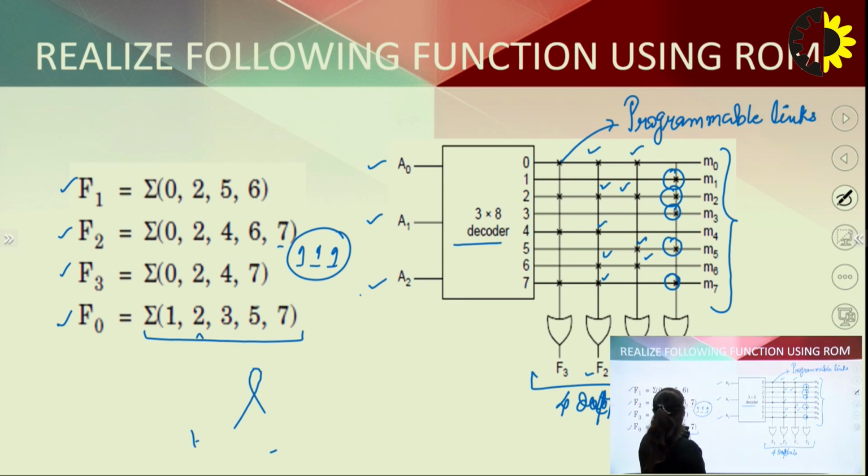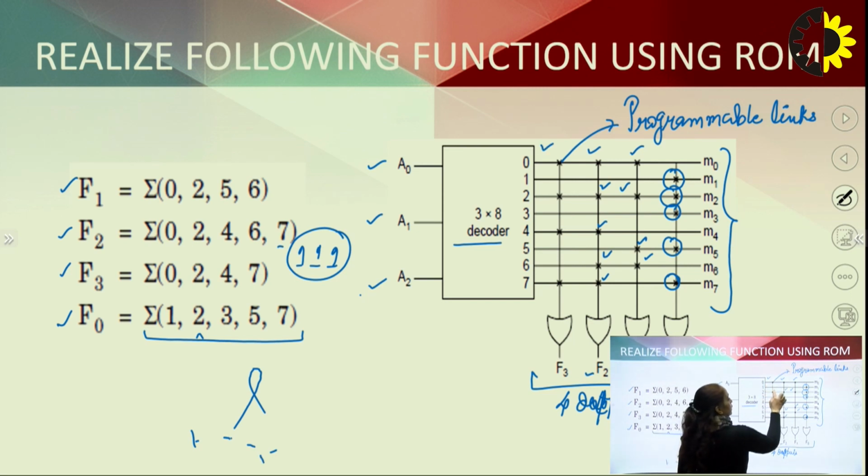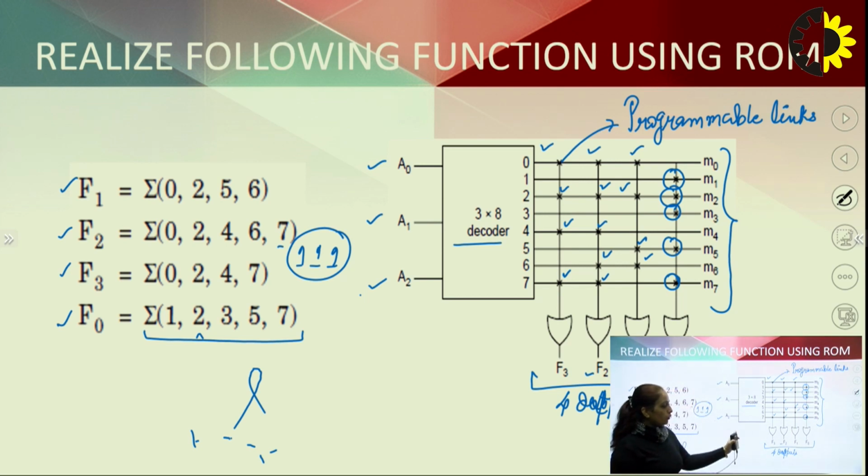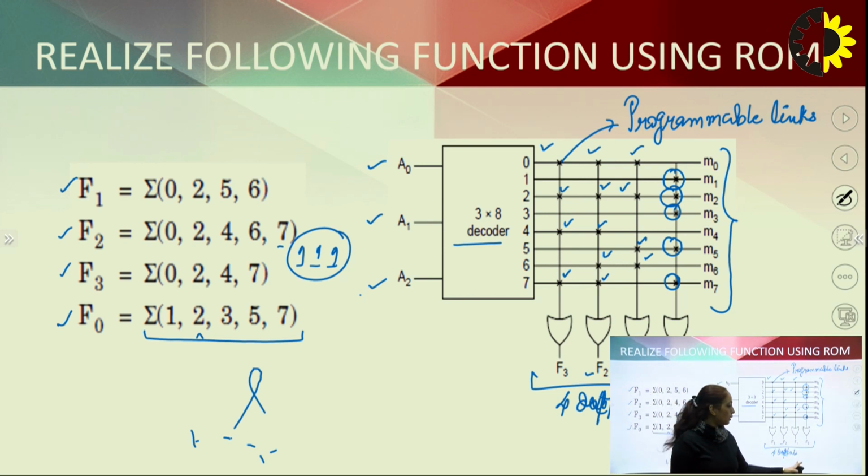Next we have F3: 0, 2, 4 and 7. The output of each is passed to the OR gate, and at the output of the OR gate we are going to have the respective function. So this way we can realize any combinational circuit with the help of ROM,